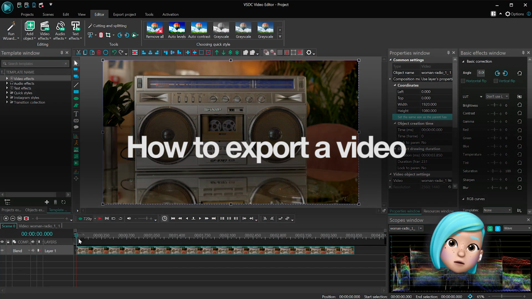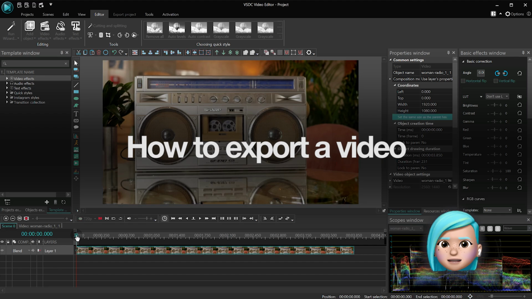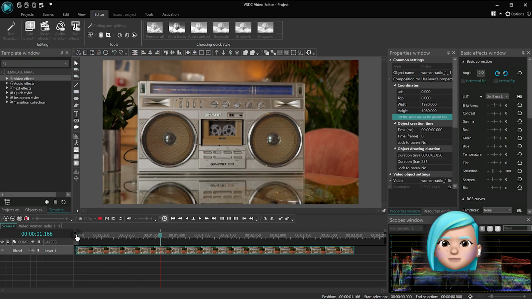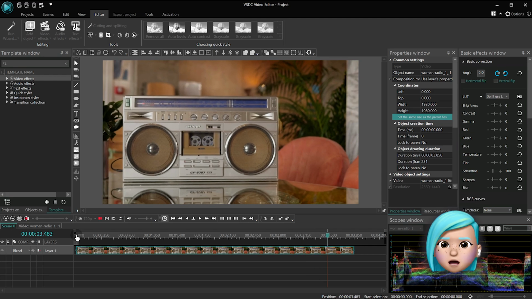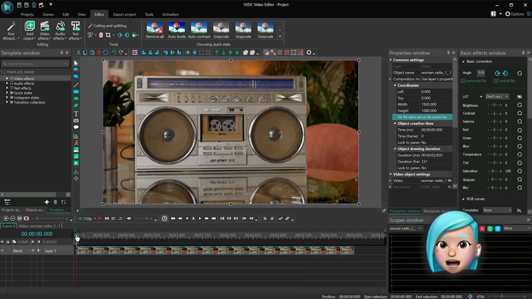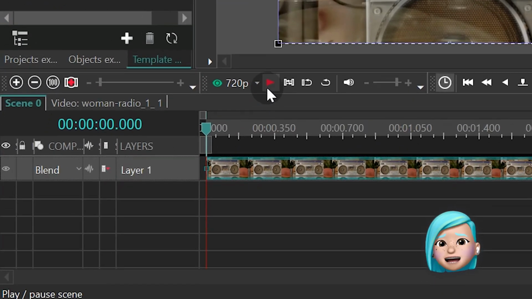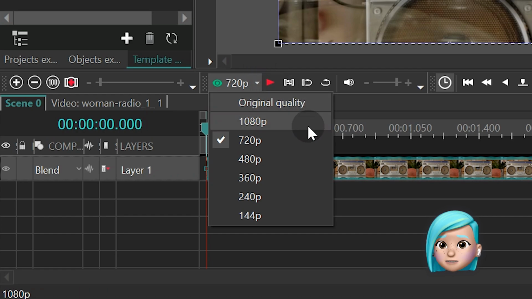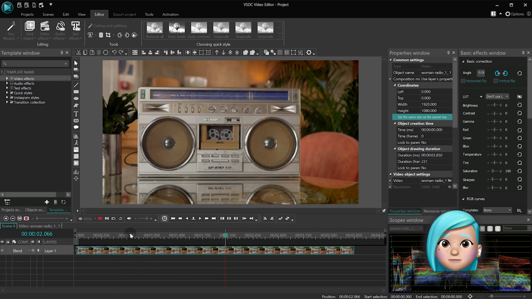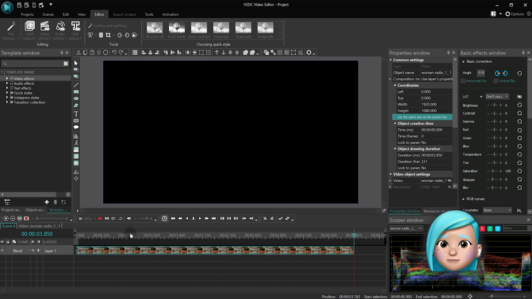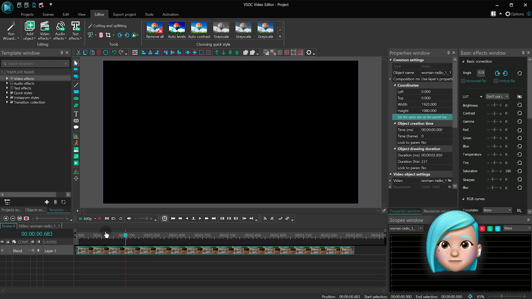If you are happy with your video, it's time to export it. Before you do that, use the preview feature to make sure everything looks exactly the way you want. If the video appears choppy during the preview, just lower the preview video quality. Lagging sometimes happens when the resources of your PC aren't enough to process the video in real time. Keep in mind that it doesn't affect the outcome in any way.